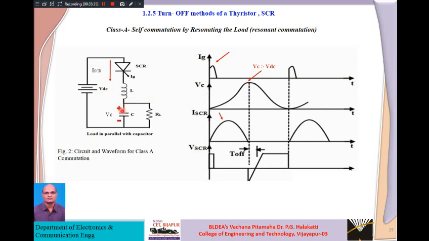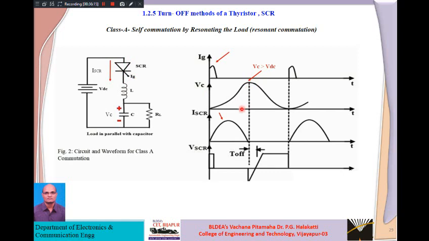Here what happens is the capacitor keeps charging, here it is plus, and plus is connected to the cathode. Once the capacitor charges to its peak, that cathode voltage will become larger than the anode voltage that we are getting from VDC. Means at this point, when the capacitor voltage reaches the peak, it will become larger than VDC, meaning the cathode voltage will become larger than the anode voltage. Automatically that will turn off your SCR. Means at this instant the SCR turns off.